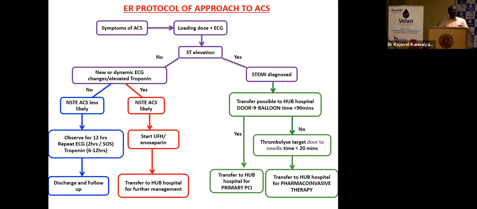This is the emergency department protocol for how to manage a case of ACS. If any patient presents with ACS, first give the loading dose. There is no contraindication to the loading dose, even if the patient has low BP. Give 300 milligrams of aspirin, 300 milligrams of clopidogrel, and 80 milligrams of atorvastatin or 40 milligrams of rosuvastatin immediately, and take an ECG, which may show ST depression or non-specific changes. We do a troponin. If it is elevated, we can say it is a non-ST elevation MI. If it is not elevated but the patient still has chest pain and ST depression,